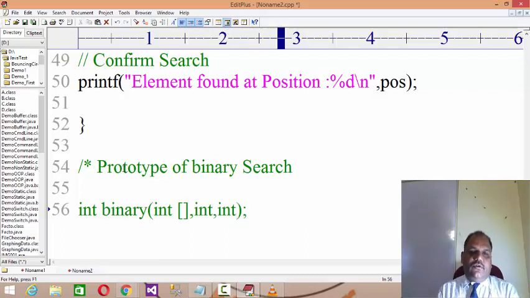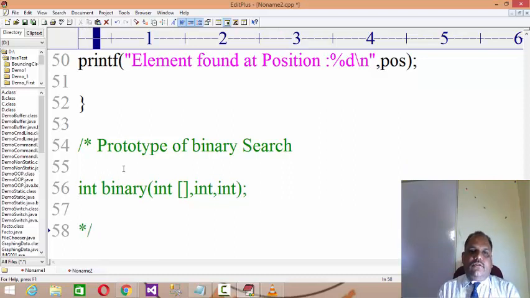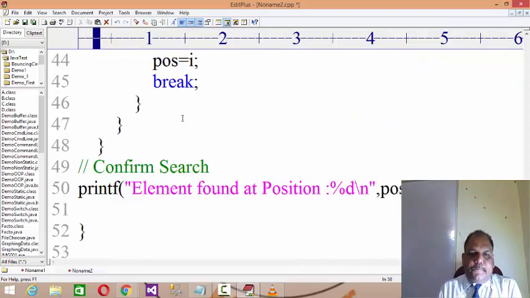Whatever process I explained, if you want to write it in a function, you already discussed what functions are and why we need to write them. Instead of writing that process in main, you define the process outside the main and then refer to it from the main.